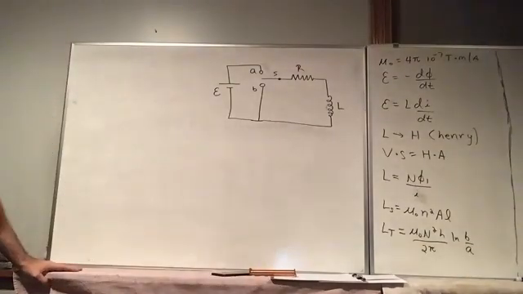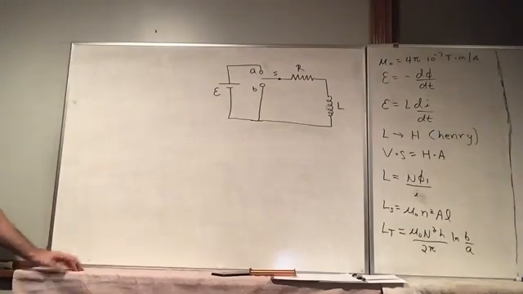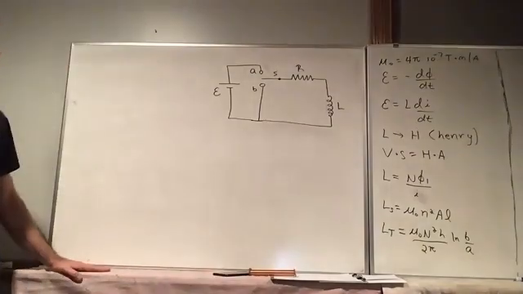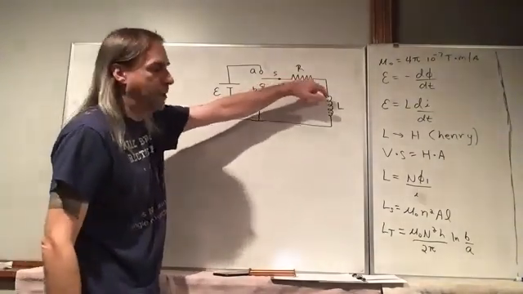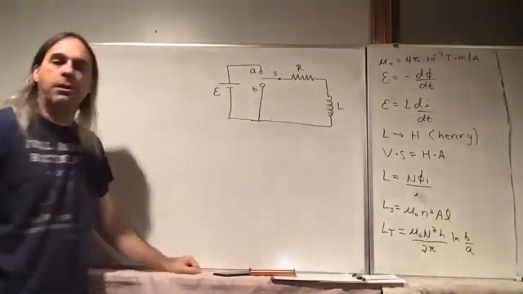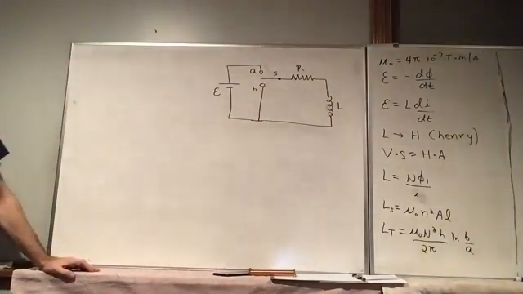And he hates this kind of argument, this kind of analysis. The reason he hates it, he thinks it's nonsense. We can talk about a voltage drop across a resistor, that's fine. But what about a voltage drop across an inductor? He doesn't like that because